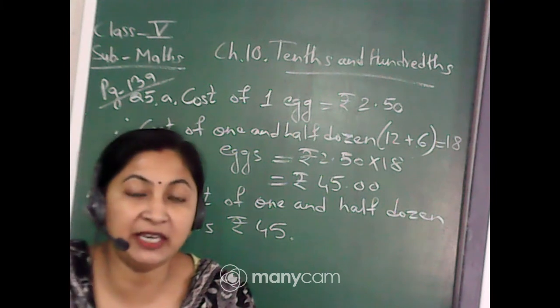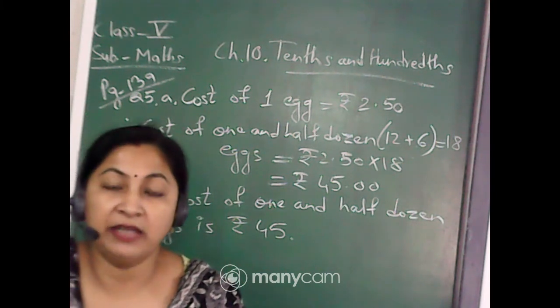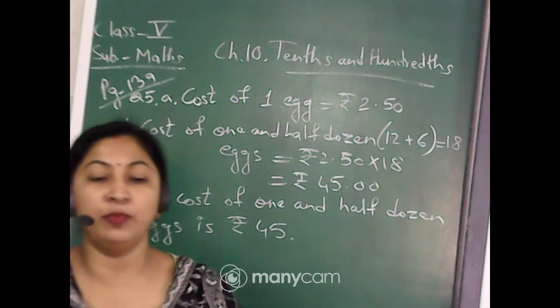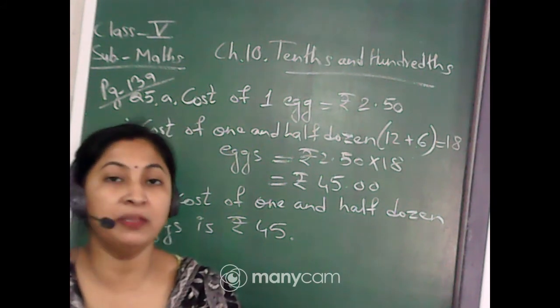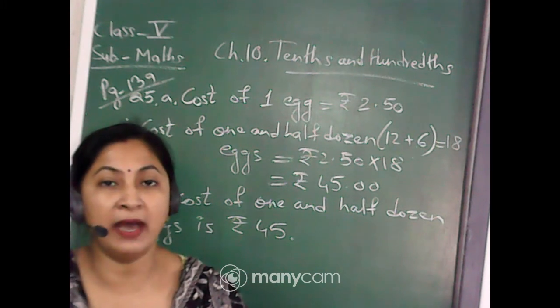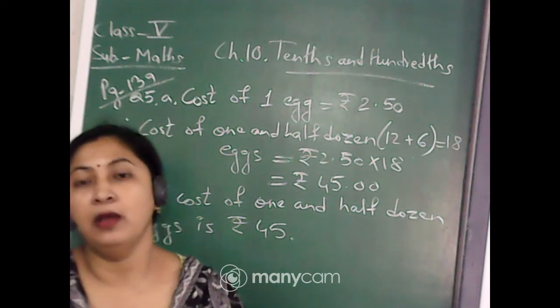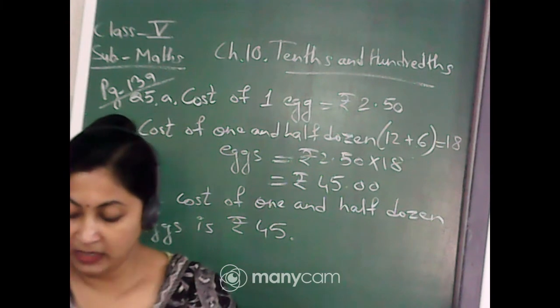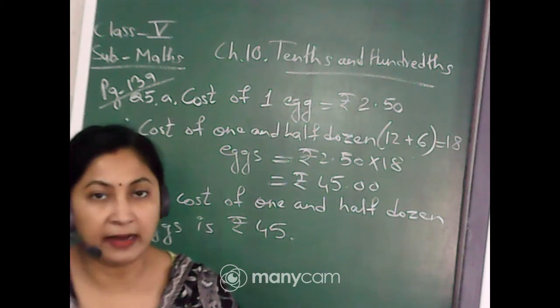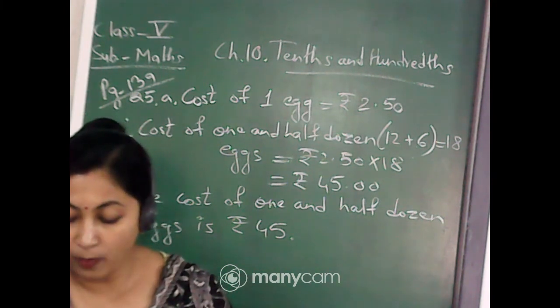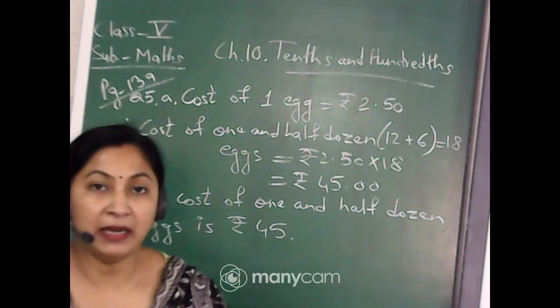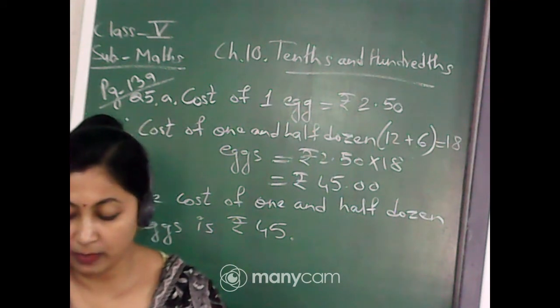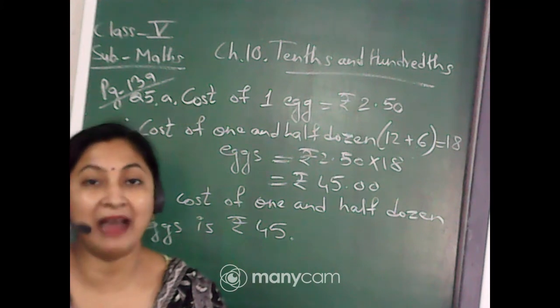Now mother is saying to Kanan, take 60 rupees, I am giving you 60 rupees. With these 60 rupees you will buy 1.5 dozen eggs, and with whatever money is left, you will buy some pens. Okay, this was the instruction given by mother to Kanan. Now the question is, how many pens can Kanan buy, and how much money is left. First of all, you have to find out how many pens he can buy with the money, and what money is left after that.